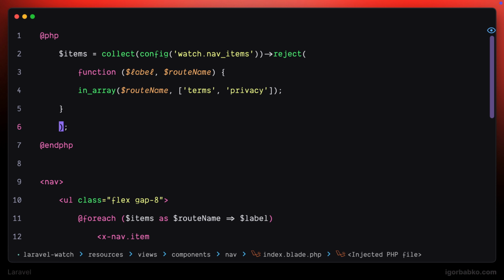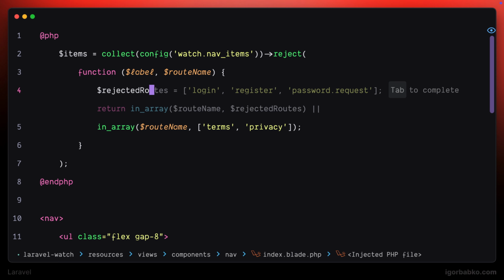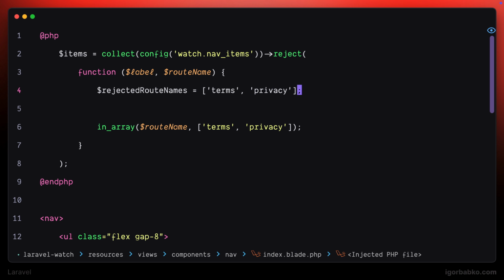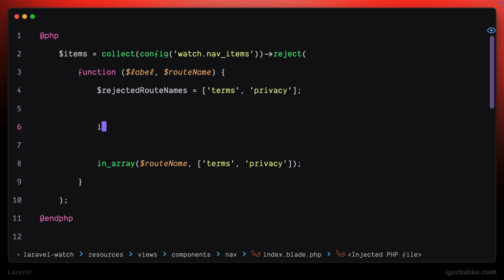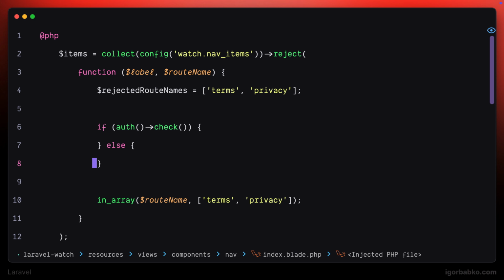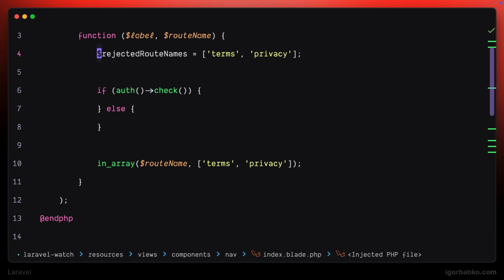Let's save all the route names that should not be shown in the navigation into a rejected route names variable. And then, based on whether the user is authenticated or not, we're going to do different things. If the user is authenticated, which we can check by calling the check method on the object returned by the auth global helper,